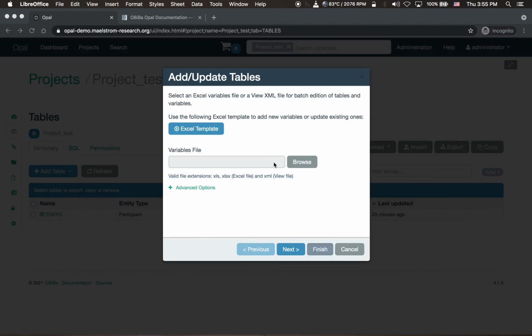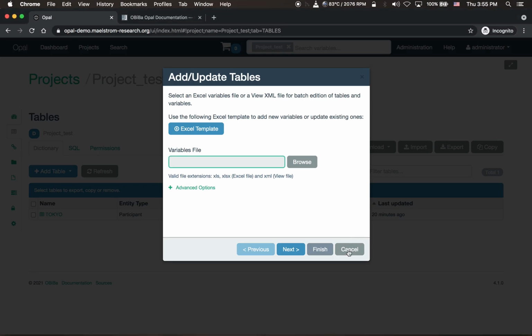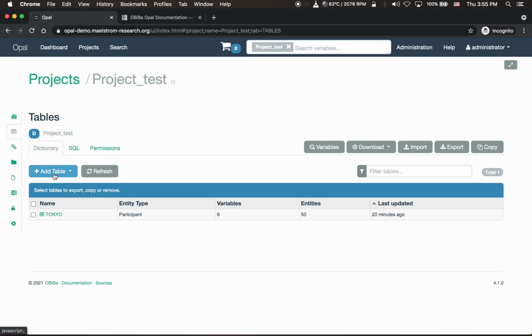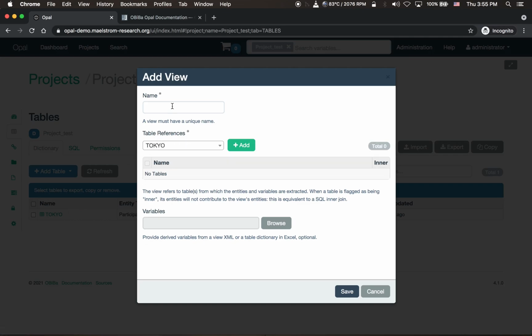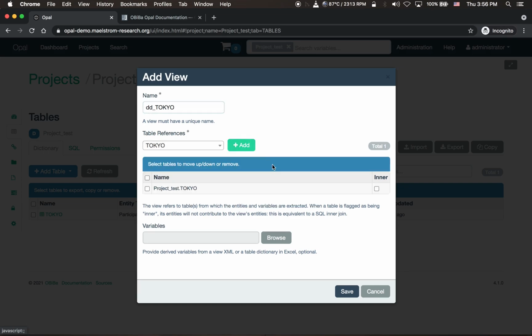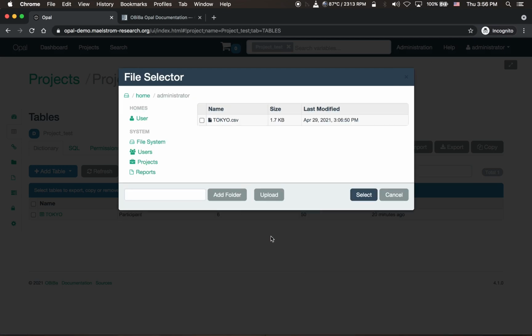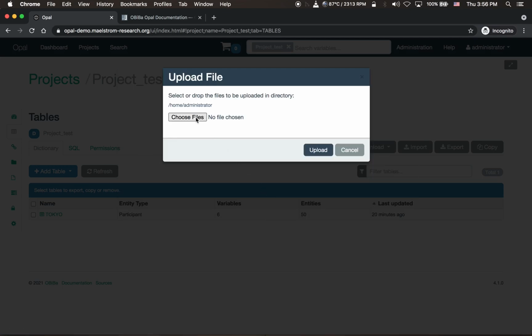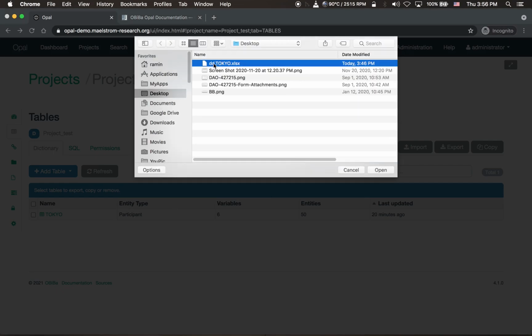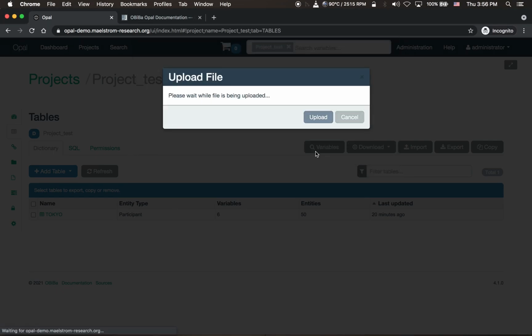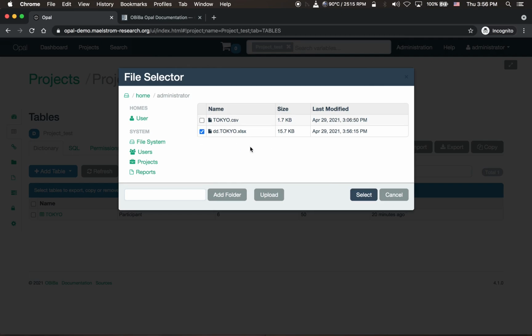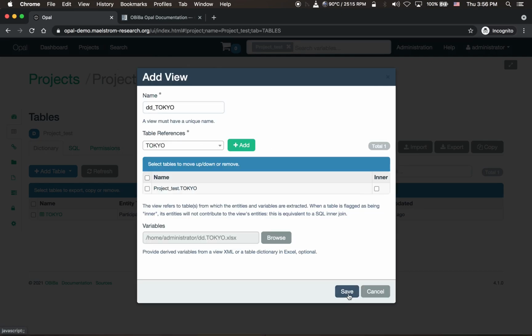To add the metadata, I just have to go to Add Table, Add View, give a name to the data dictionary, and select the data. Then I will select the data dictionary that I need to upload, and click on Save.